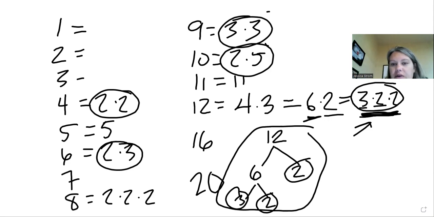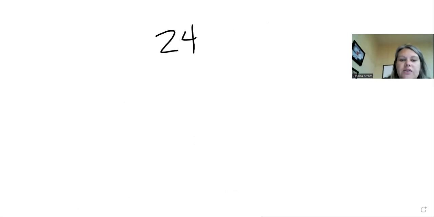And then I said, okay, now go back and erase your boards. And I want you to do this tree factoring with the number 24. All right, so then we go back to the number 24. And so now I'm getting them to start looking at how they can take a bigger number and do that. Okay, so once they've done 24, then I want them just to start practicing with all kinds of numbers that